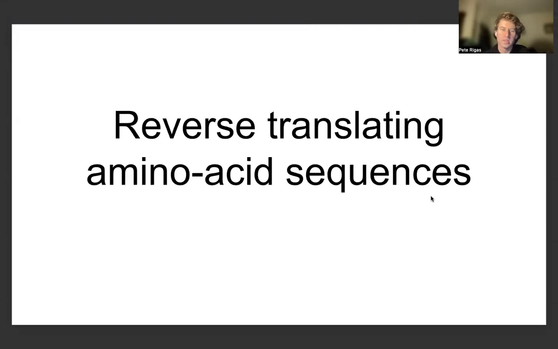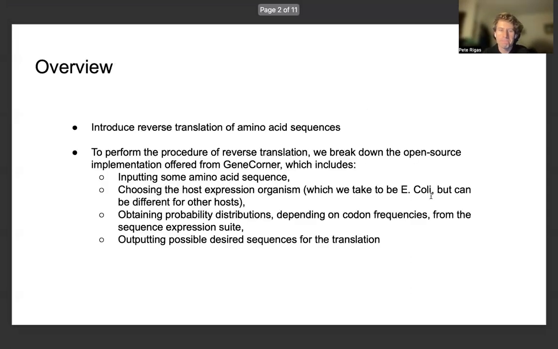The title of this presentation is Reverse Translating Amino Acid Sequences. To begin with the presentation overview, we'll be introducing reverse translation of amino acid sequences. And to perform this reverse translation between a DNA sequence and an input amino acid sequence, we'll have to describe